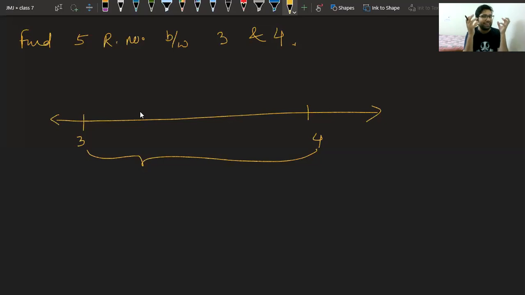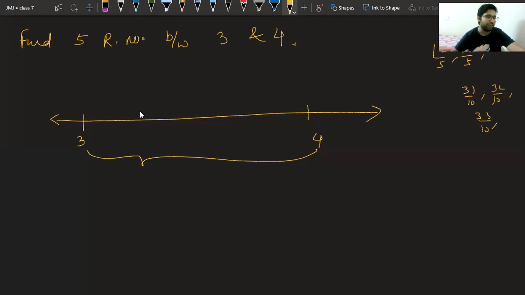First, you need to find the equivalent fraction of these 3 and 4, and then you can easily find. What is the proper equivalent fraction for this? Kavish is saying 31 by 10. Rishi is saying 15 by 5, 16 by 5. Okay, 31 by 10, 32 by 10, by Ekta. Very good, Ekta. So this is the easier way to do.